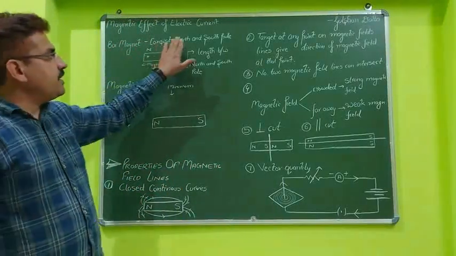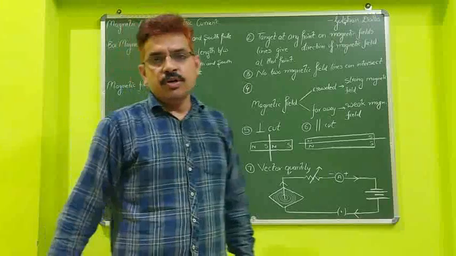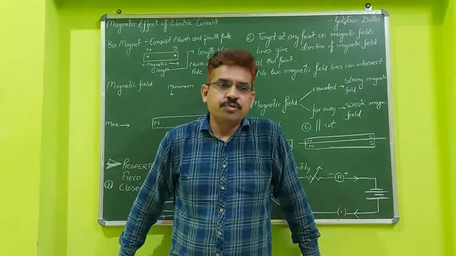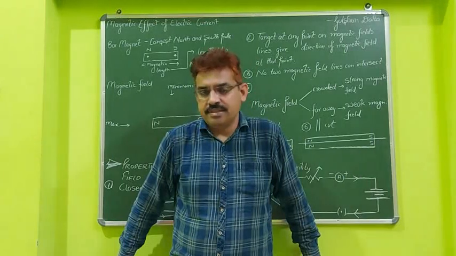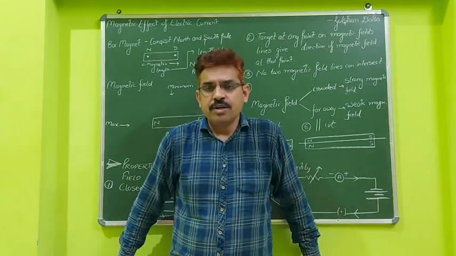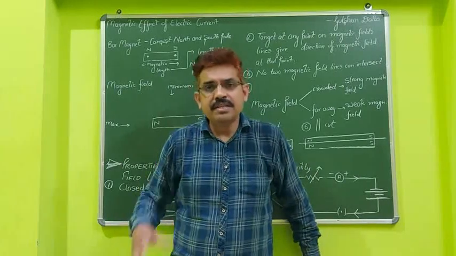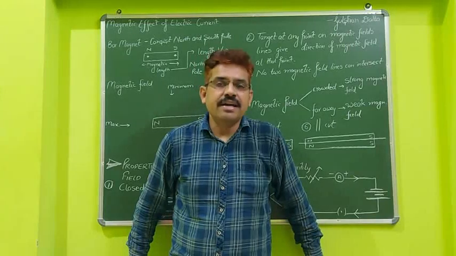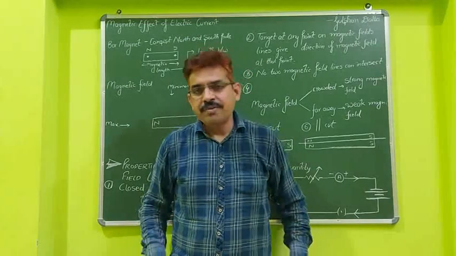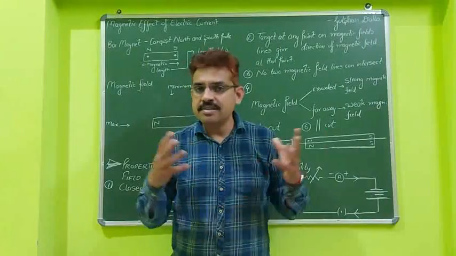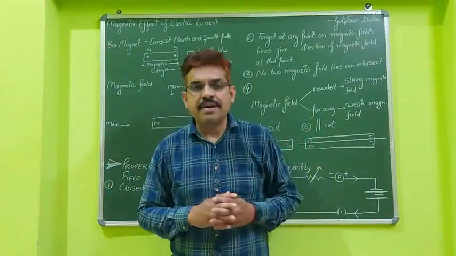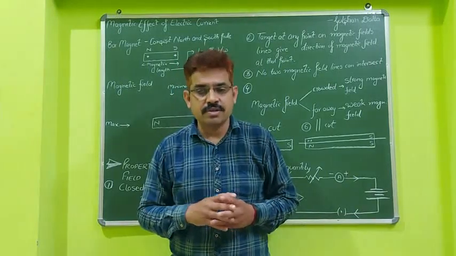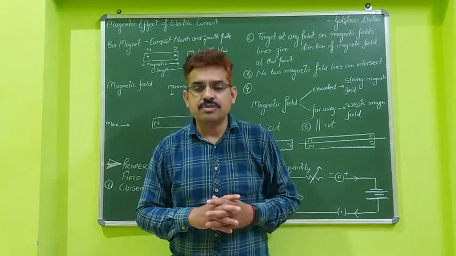So what is a bar magnet? It consists of a north and a south pole. North pole means there is some strength, and the south pole also has some strength. So what type of strength am I talking about? You know that when we bring an iron piece toward the bar magnet, what will happen? It attracts the iron piece. So what can we say? We can say that something is there between the bar magnet and that iron piece. So what was that? That is called force. Some force is there, and that force is known as magnetic force.